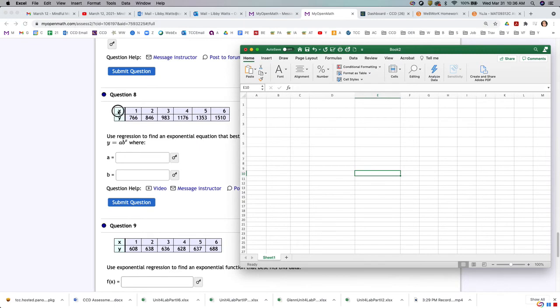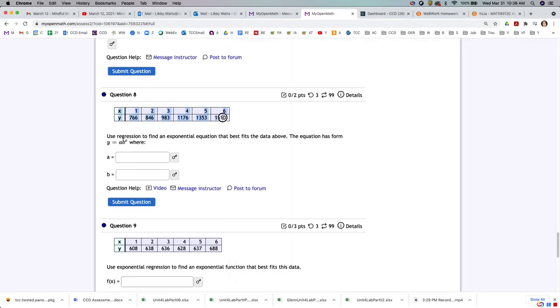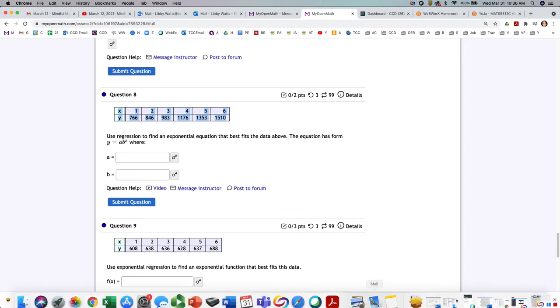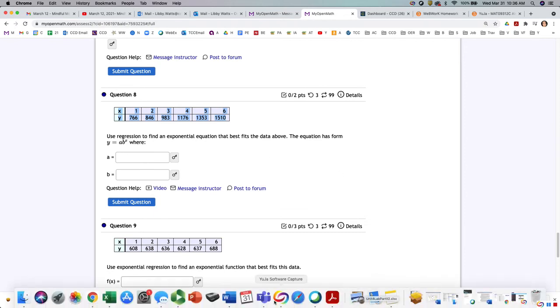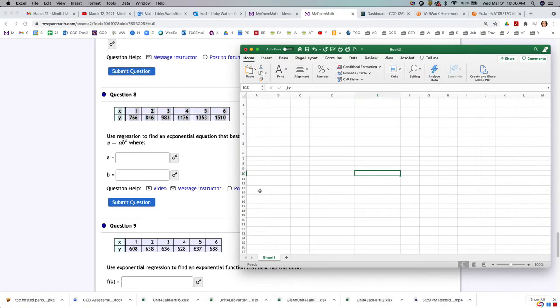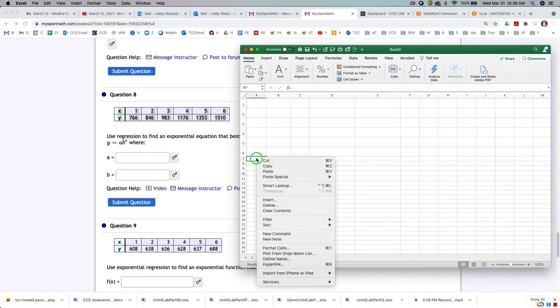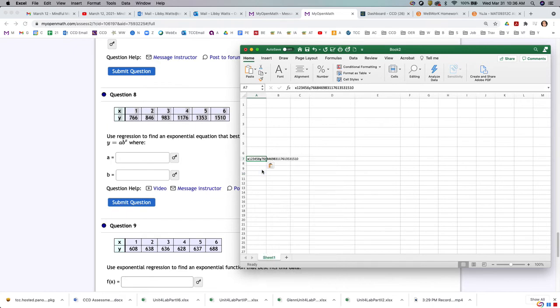But basically I'm just going to copy and paste this data in here because we want to find an exponential equation that best fits the data. So there's probably ways to do that by hand, but the whole point of learning Excel is that it saves us time from doing that. Okay, that didn't work. Oh, I know why. Kind of have to select. Actually, I want to put it down here because I'm going to retype it